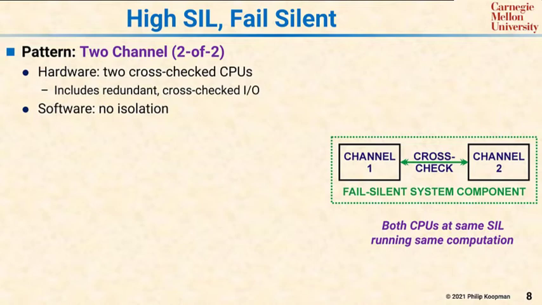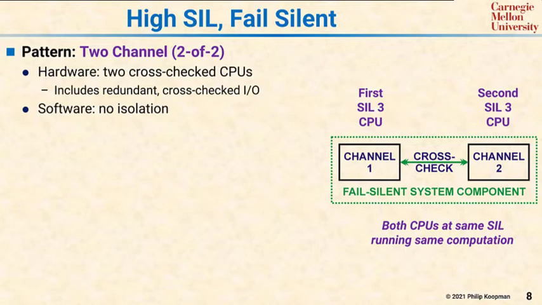What that means is that there's a first CPU that's high SIL, that's channel 1. There's a second independent CPU that's high SIL, that's channel 2. They're cross-checked, so both pieces of hardware take a look at the other piece of hardware and see what's going on. If either one of them is unhappy, it brings the pair down, so that enforces fail silent operation. Again, the 2 channels cross-check, and if either one detects a mismatch, they cause both to go silent.